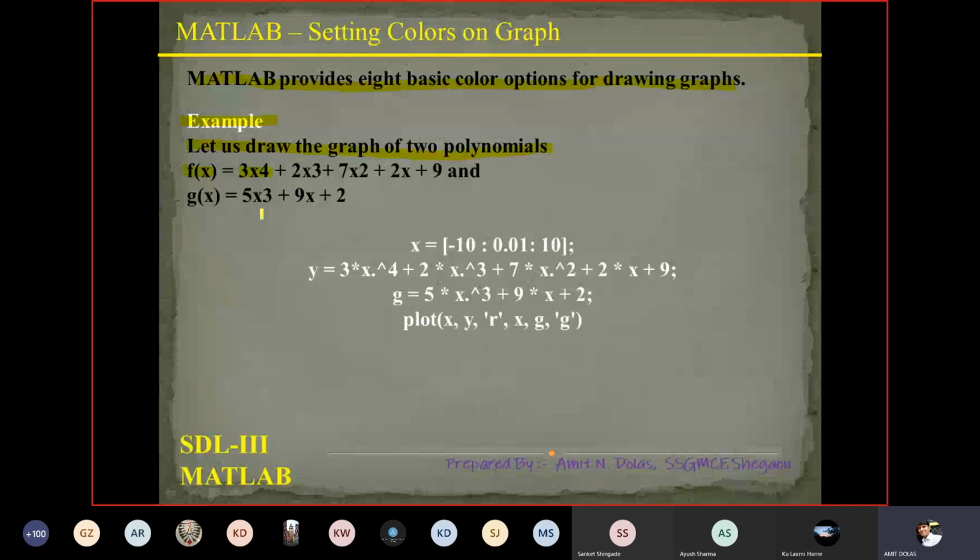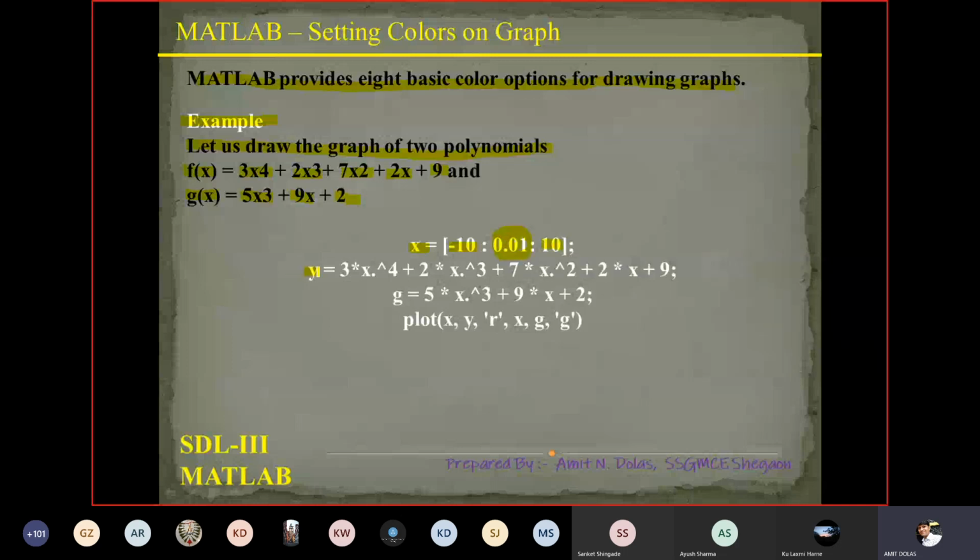Then 2x^3 plus 7x^2 plus 2x plus 9, and the second polynomial g(x) is 5x^3 plus 9x plus 2. So in the code it is written like this: x is defined as a range that is -10 to 10 with an increment of 0.01.